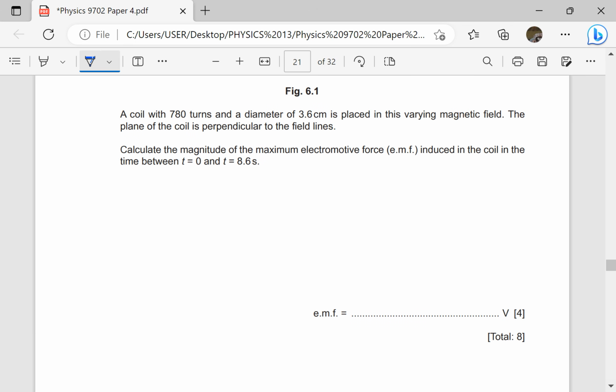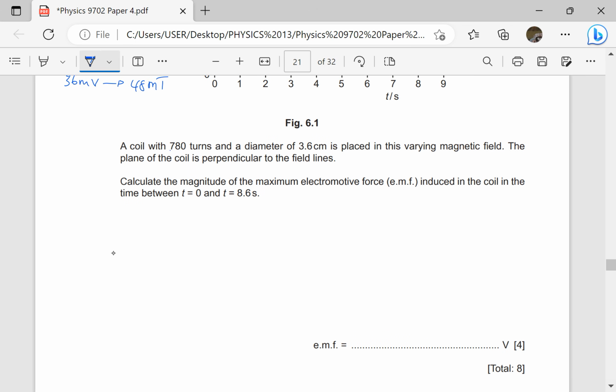A coil with 780 turns, so that is capital N, and a diameter of 3.6 centimeters, meaning the radius is 1.8 centimeters, is placed in this varying magnetic field. The plane of the coil is perpendicular to the field lines. That means B is maximum. Calculate the magnitude of the maximum electromotive force induced in the coil in the time between t equals 0 and t equals